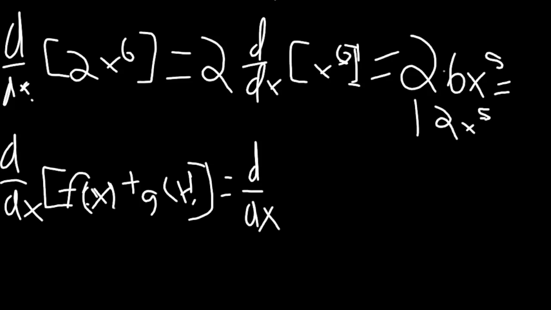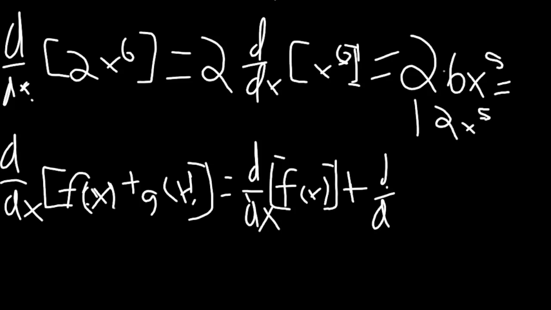It's just like the property of limits. You find the derivative of each individual part, which just ends up being